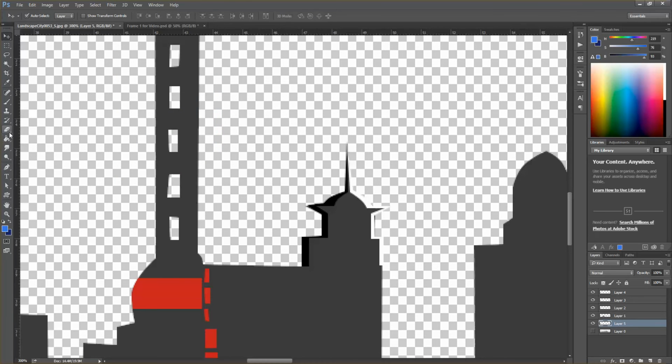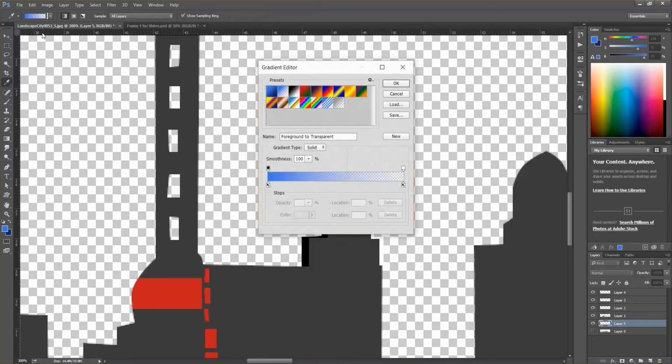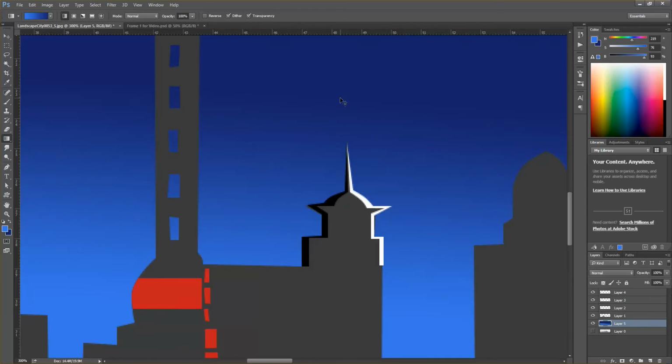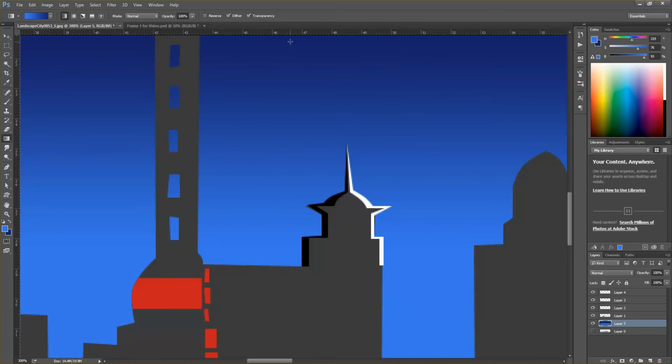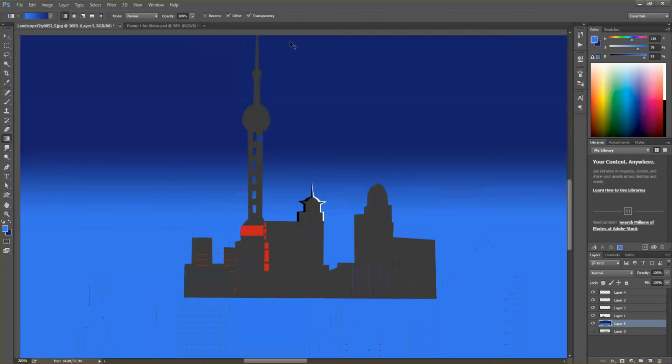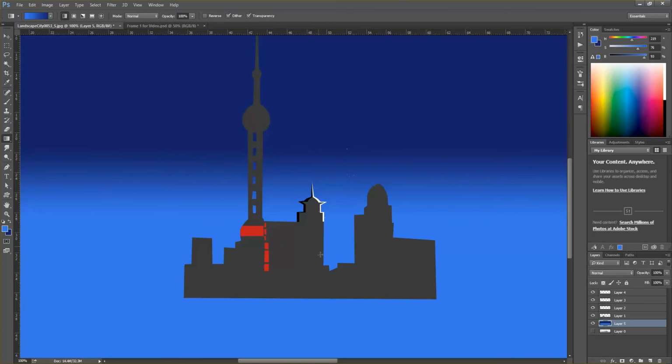And just get a gradient brush. So on a paint bucket, just hold it down and select gradients. And I'm just going to make sure both my colours are on. Yeah, cool. And there we go. Obviously we still need to do some tweaking, but if you imagine this effect applied to the